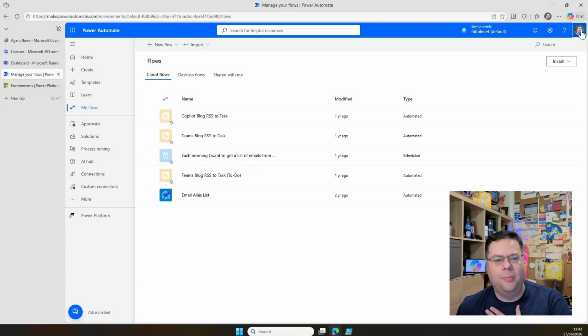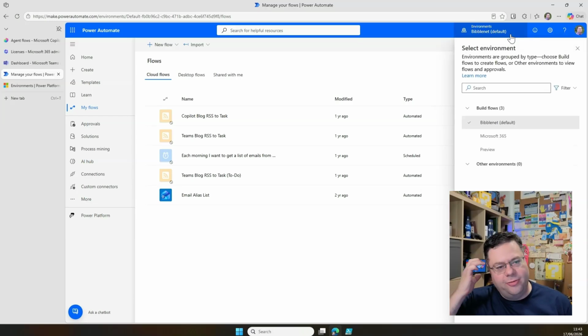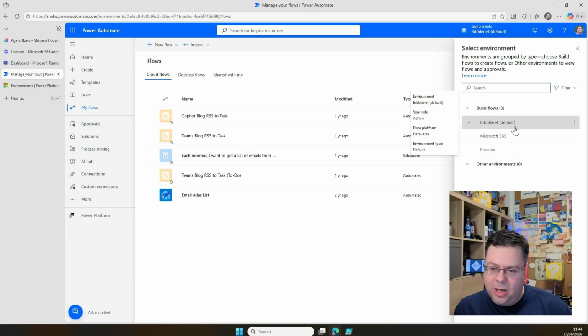And we're very used to up in the top right hand corner, you've got your little profile picture. You can see the account you're signed in with. But what you might notice just to the left of that is there's actually a drop down toggle for selecting different Power Platform environments. And it is Power Platform environments, not specifically Power Automate environments, because you can create kind of whole containers, if you like. And on my environment, if you're watching the video, you can see I've got my BibleNet default environment, BibleNet being my tenant. And then I have one called M365 and one called Preview, which are different kind of